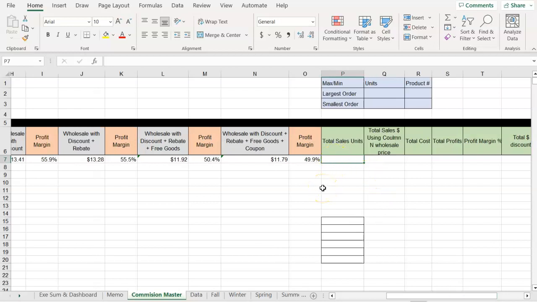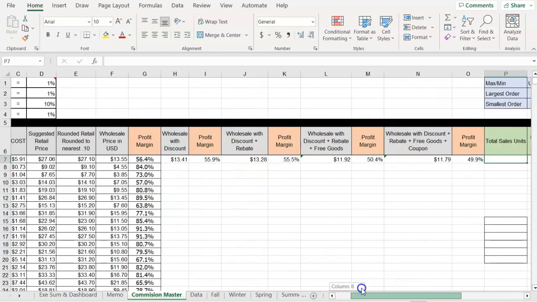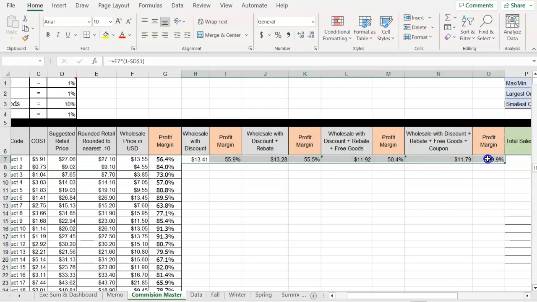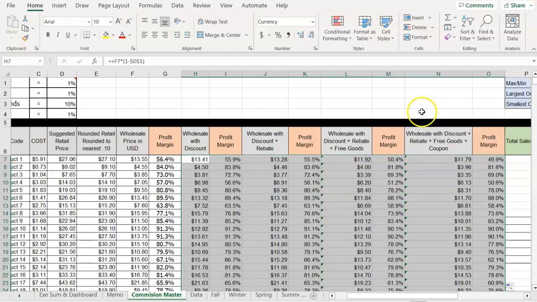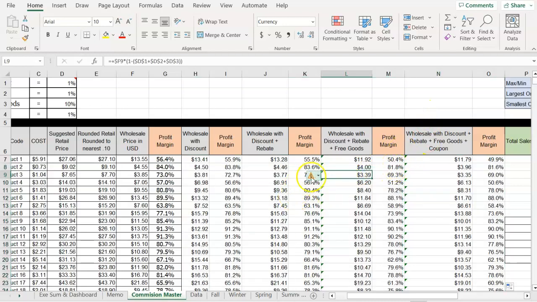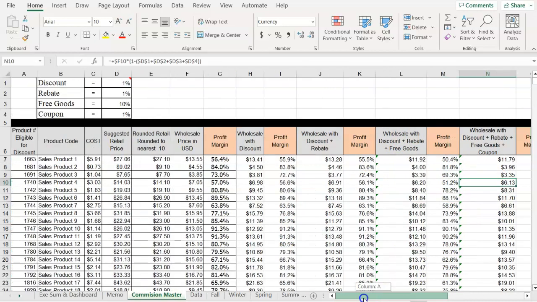But since this is the master, we won't calculate these in the master. I'll start this on the next cell. So what I'm going to do is take these, copy these all down. Don't worry if you get these little warning flags. Okay. So now that I have the template here,